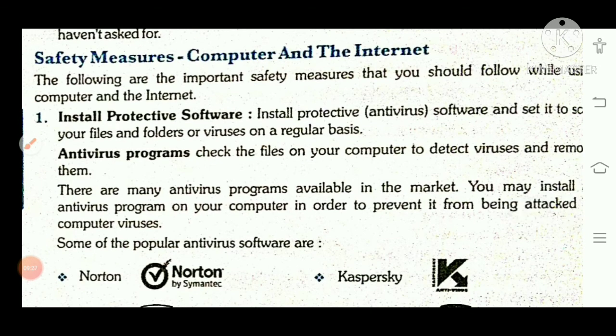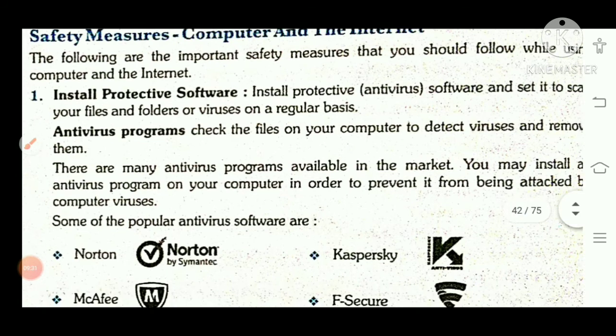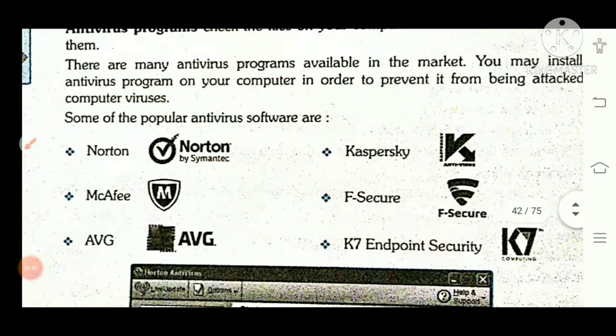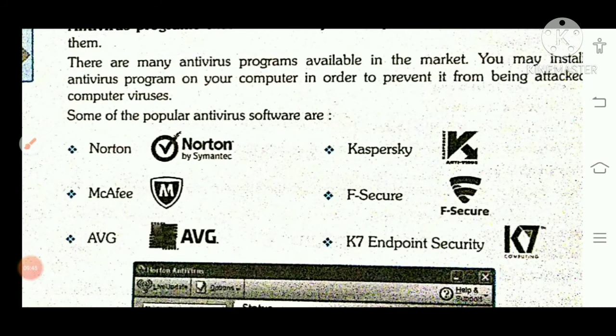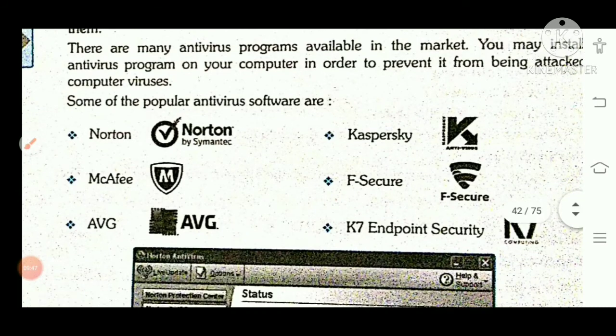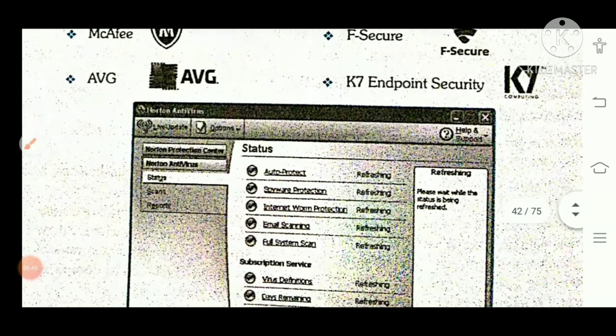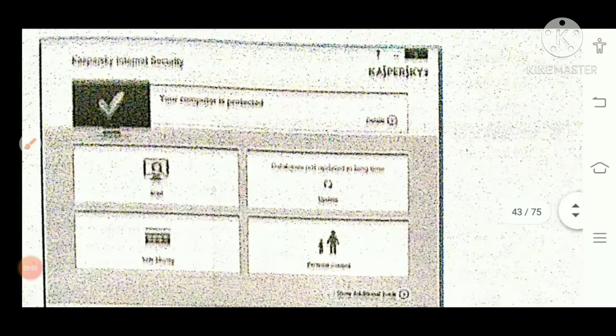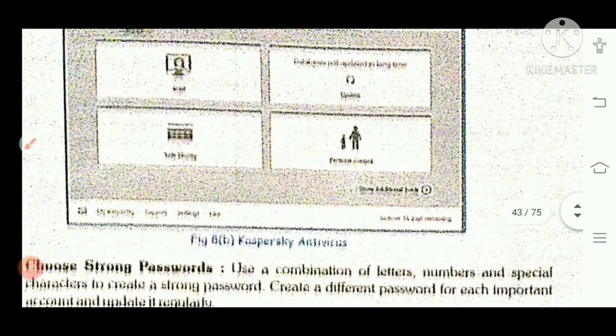How can we protect our system from these crimes? First is install protective software. Software means that protective software, antivirus, you can install it in your system. The function of antivirus is to protect your system from these virus files, ठीक है, डिटेक्ट करना वायरस को, उसको रिमूव करना, this is the function of antivirus. So many antivirus are available in the market. Norton, AVG, McAfee, Quick Heal or CRISPR, so many antivirus are there. It is better you purchase one antivirus और अपने system को protect करना है.